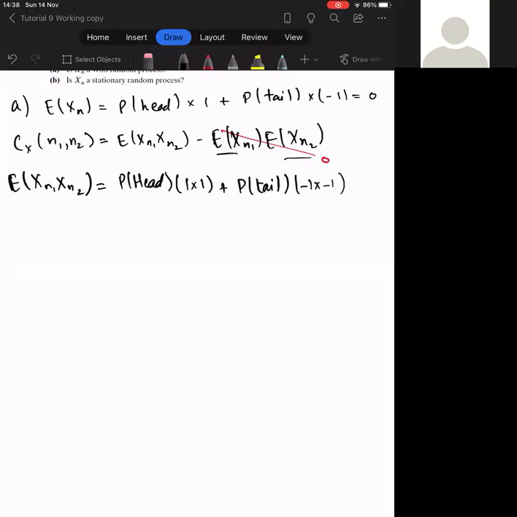Because when it's tail, both of them will be -1. This is 1/2 plus 1/2 equals 1. And it's a constant. We can say that this is a function of anything. So this is a function of t1 minus t2. मैं अगर इसके साथ add कर दूं 0 times t1 minus t2, that works. So therefore,